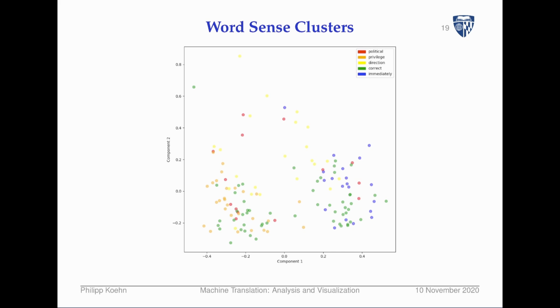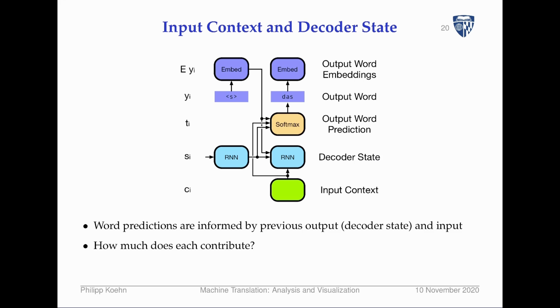Let's look at another question we might ask. If you remember, when we make word predictions, so when we make this prediction of the output word here, it is informed by two very different things. One is the input context, so what is in the source sentence that lets us predict the next word, but it's also influenced by the previous output, so it's the decoder state. And a fair question to ask is how much does each contribute? So when is the decision more driven by the previous decoder state? So how much is it just kind of a language model generation activity, and how much is it driven by